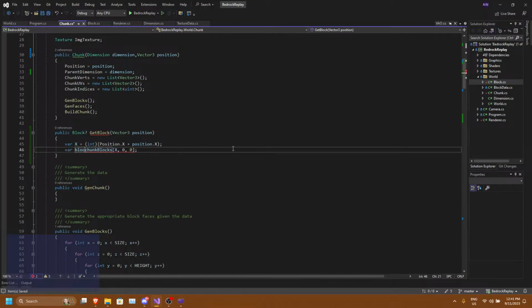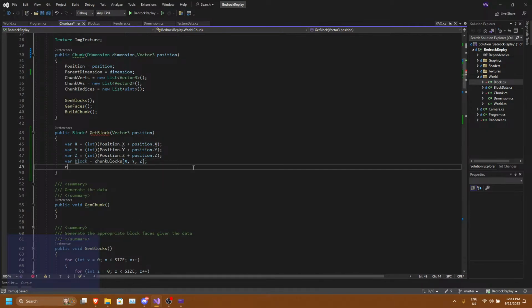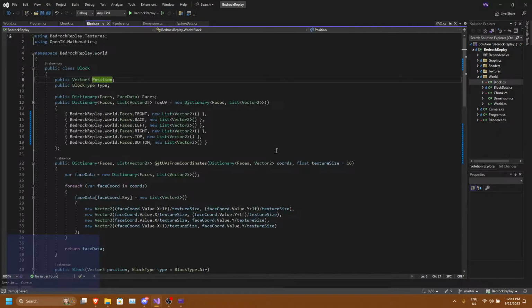Oh, wait, no. Var block is a... Yeah, okay, that makes sense now. Oh my gosh. I am very brain dead at the moment. I'm gonna have to probably change all of this later, but we're just doing this as a test. X, Y, Z, and then we just return block. Yeah, it can be null. And after that,